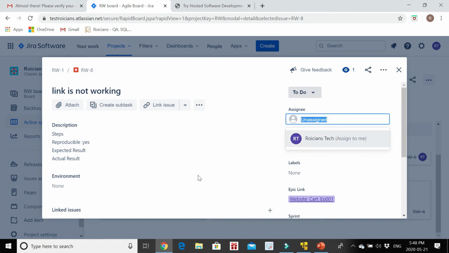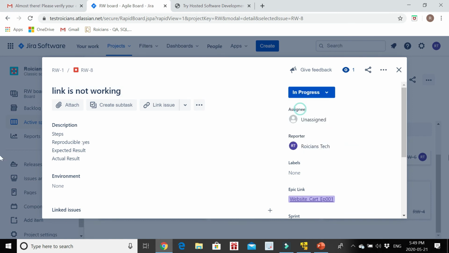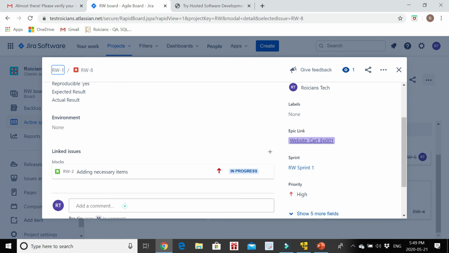So guys, in Jira you already know which developer is related to this functionality. You can directly assign it to the developer from here, and the developer will get an email that this particular defect is assigned to them. After understanding the defect, the developer will change it to In Progress. In Progress means they are working on it, and the developer will keep communicating with you about the status of the defect from this comment section.